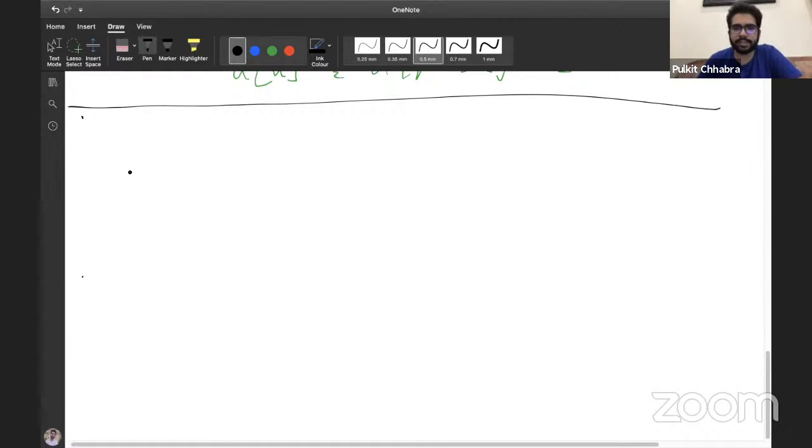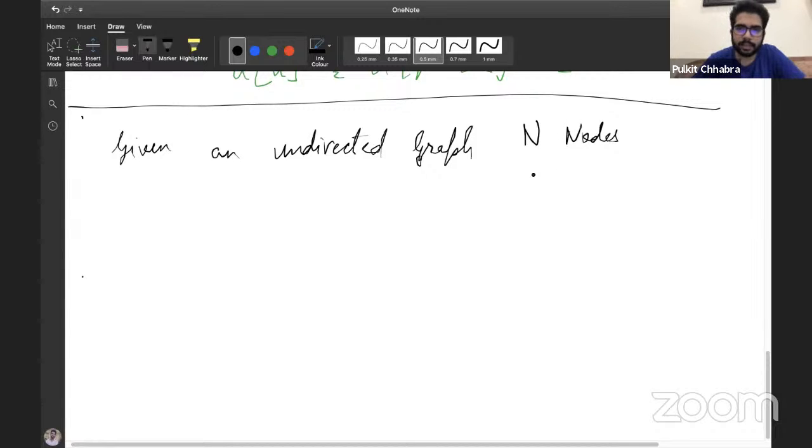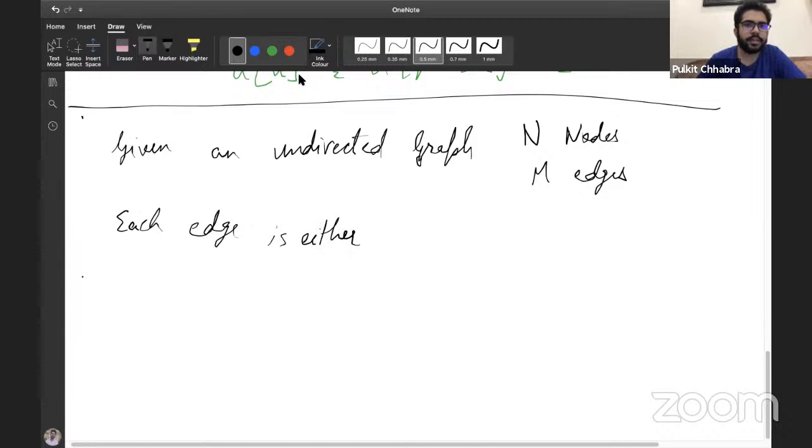So the problem goes as follows. Given an undirected graph and nodes, each edge is either red or green.